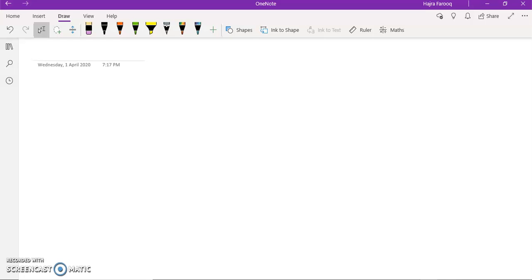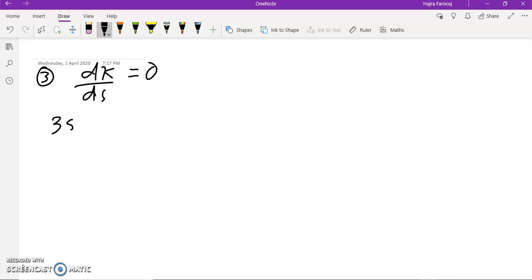Then the third part of the same question is that we have to substitute dK over ds equals 0. For this, our equation is 3s square plus 6s plus 2 equals 0. Now, by substituting